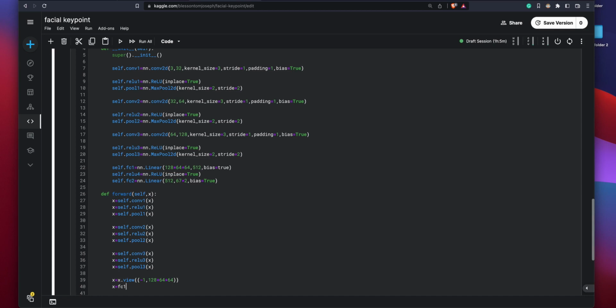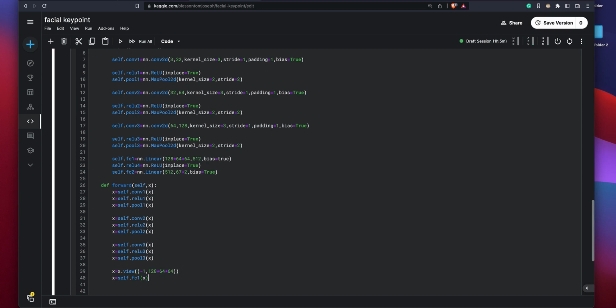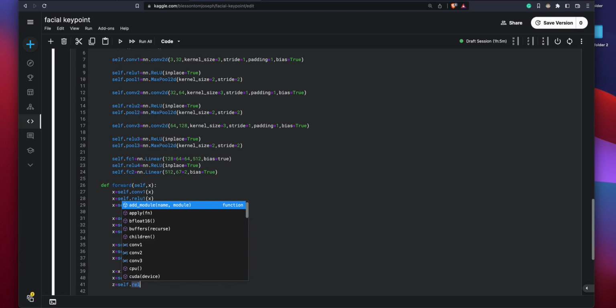So fc1 or self dot fully connected 1, I believe, fc1, yeah, fc1 of x, and we have viewed x like this, so then I'm passing it to the fully connected layer, and then we have again another ReLU, self dot ReLU 4, the final ReLU, which is a nonlinear activation. Okay, x, okay,